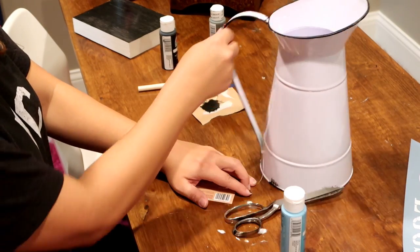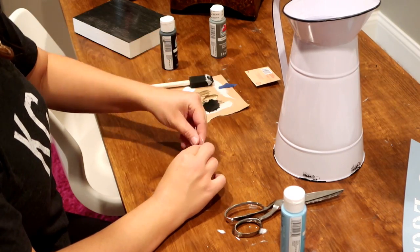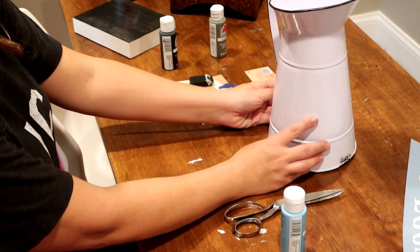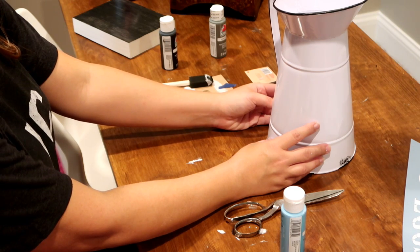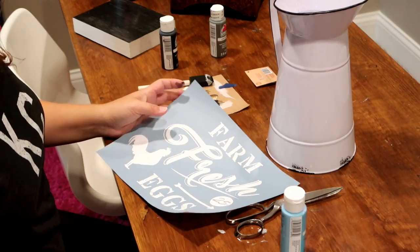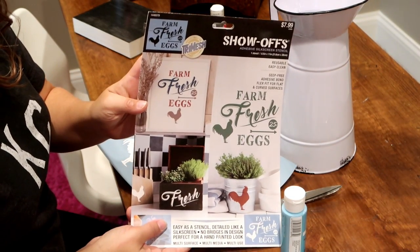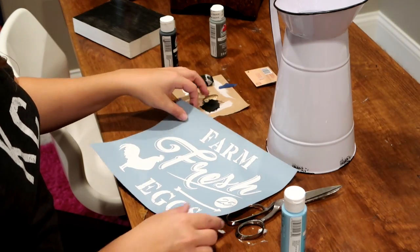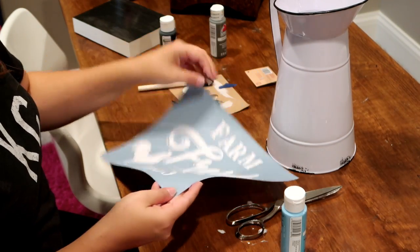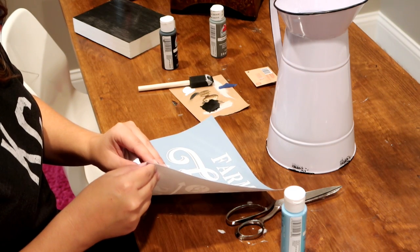The first project that I'm going to do is this white pitcher. I purchased it at Hobby Lobby on a 40% off fall sale. So I believe it was around $8 or $9, but I wanted to add something to it to give it a little something extra. So I found this stencil at Hobby Lobby and I got this for around $4 with my coupon. And I thought I could use all of these different stencils to make some really neat farmhouse signs